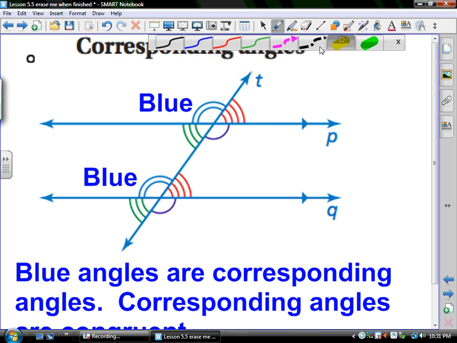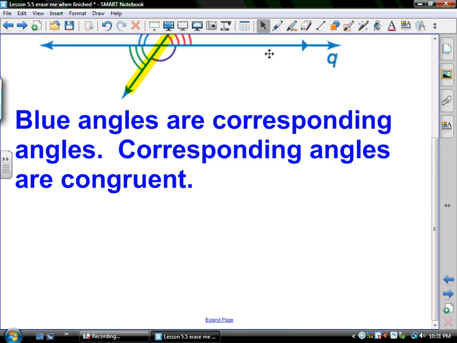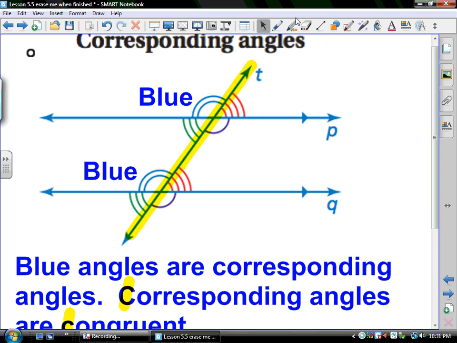Same picture. Here's my transversal. This time I want you to focus on the blue angles. The blue angles. The transversal makes corresponding angles. Corresponding angles are what? Nice job. Minus 10 bears since you said congruent. Very good. So, I'm going to say